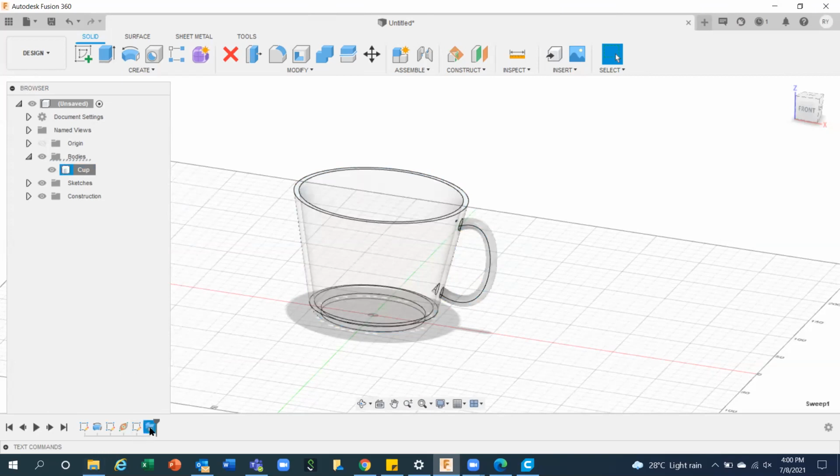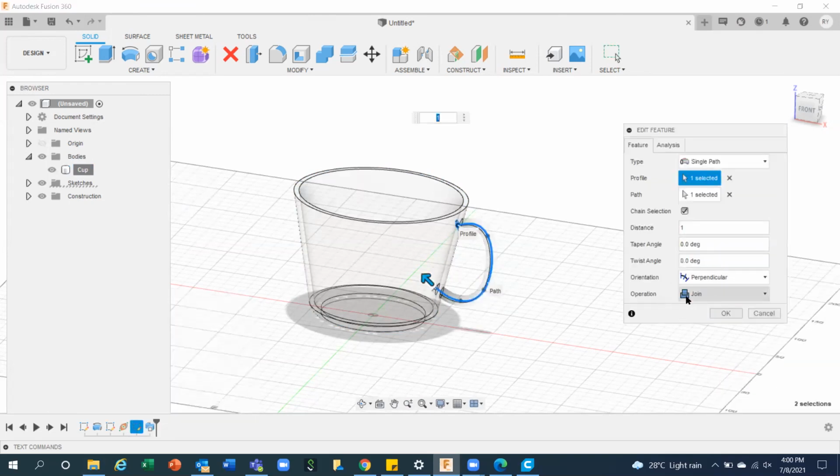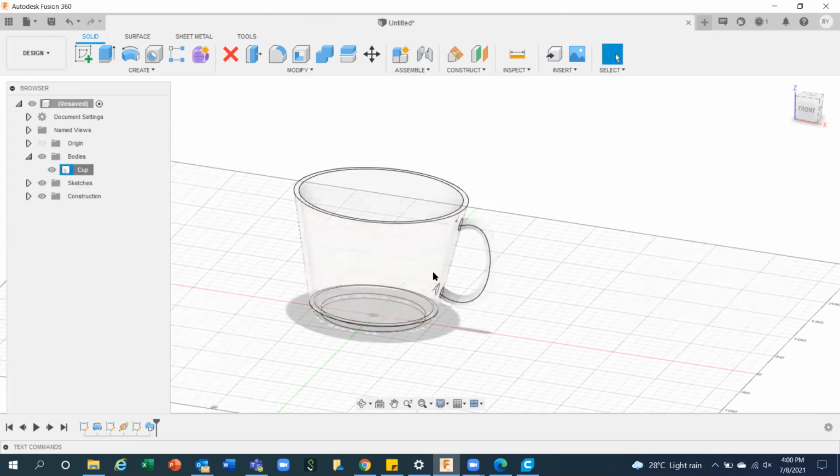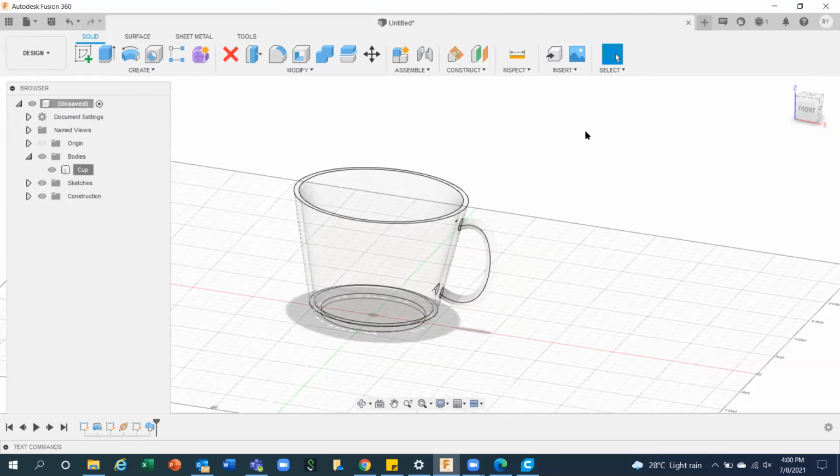If you choose this handle operation, let's say sweep, you have not taken the operation join, I think. You have to take this join, then only this handle will join to this main body. Otherwise, you will be getting two bodies over here. Right, sir. So I need to go to modify to join this. Then I get the body, and if I right click this one, then I get save as mesh.